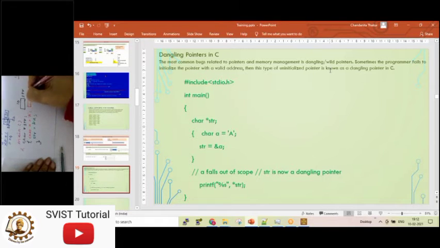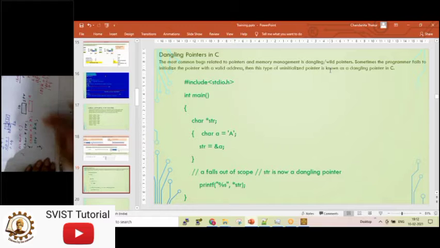One variable memory is allocated, that is a. Let's say the address of this location is 20, and the content is A. Now what I have done here, I have assigned the address of a, that is 20, inside str. Now outside the bracket I am printing